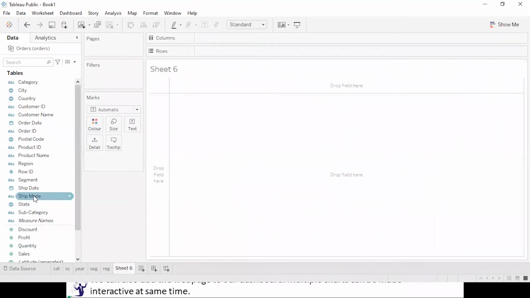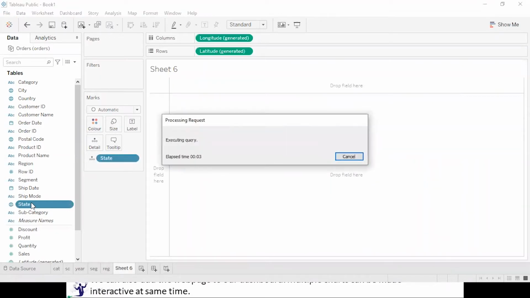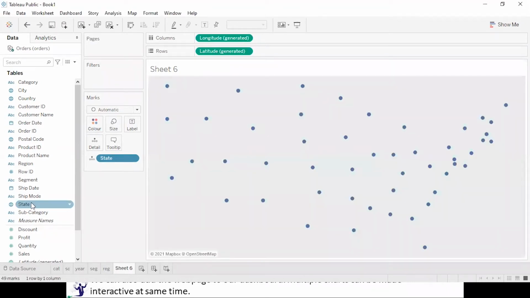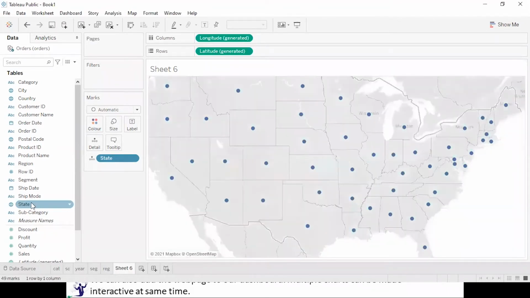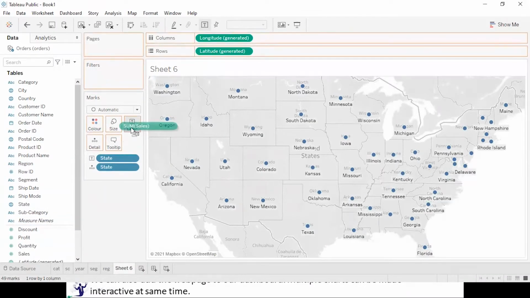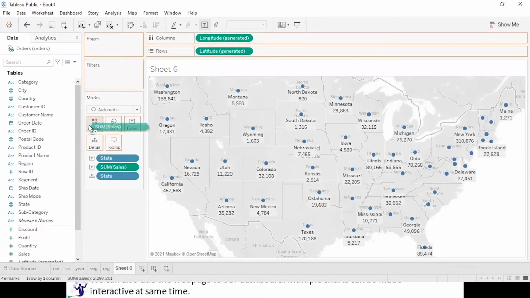Let us take one more. I would like to take the statewide sales. So I have taken the state. Let me put the state in the label, sales into the label, sales into the color.